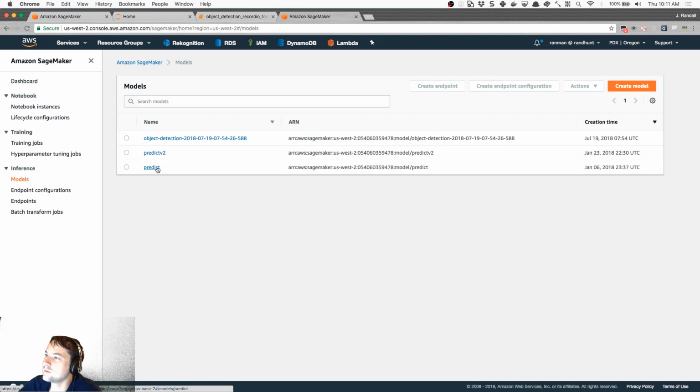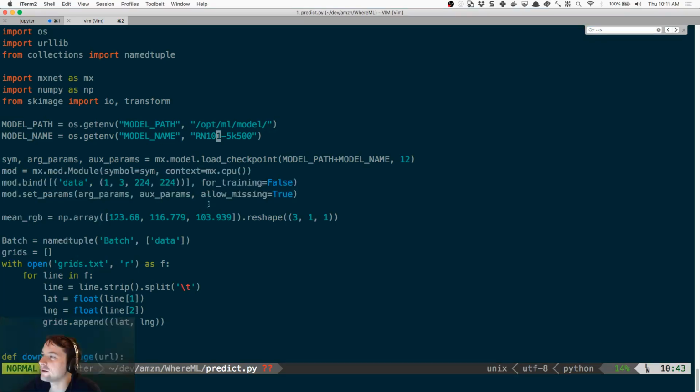But oh well. So essentially, we have this Docker container, and it's going to contain the following Python file. There are a couple different ways of doing this. The model artifacts are always going to be stored on S3, and then when we instantiate